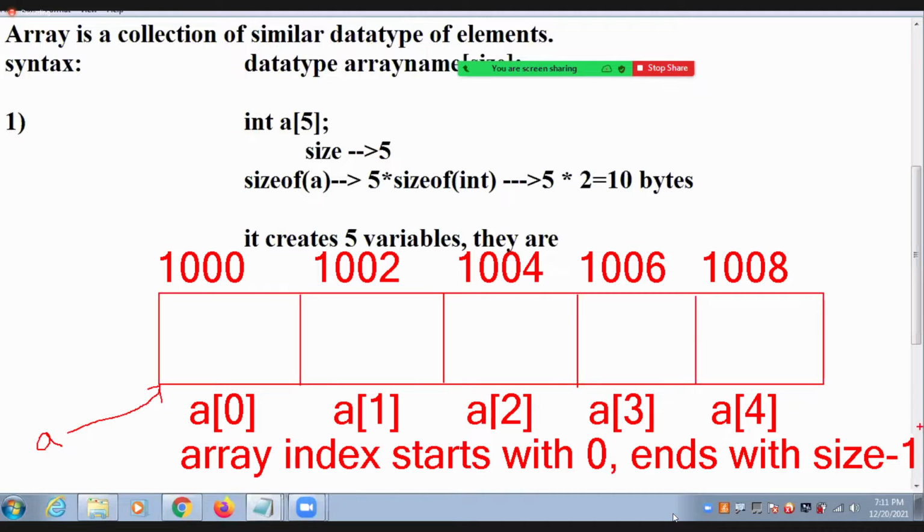Write this diagram. And all values are garbage values. This value is how much, guys? Garbage value. All values are garbage values. Draw this diagram, guys.